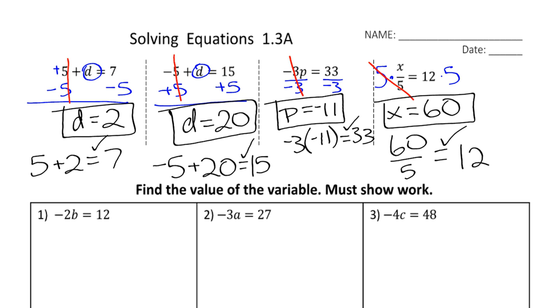So every time, find which side has a variable on it. Get rid of anything on the same side by doing the opposite operation. And then if you need to, you can go back, substitute it into the equation to verify that you are correct. And there you go. That's how to solve